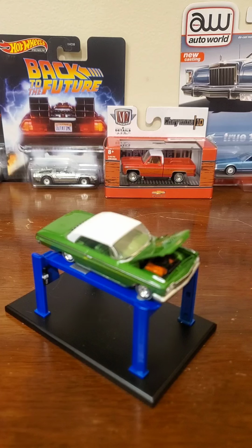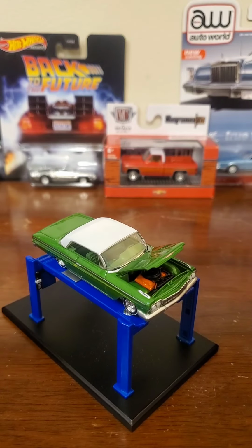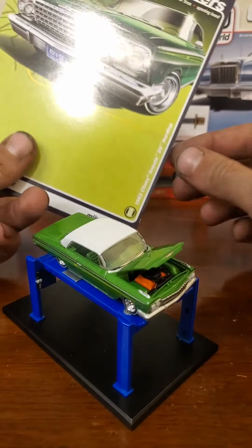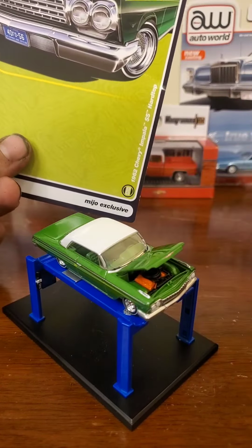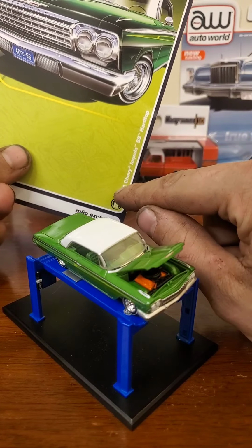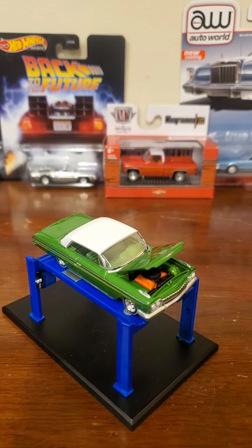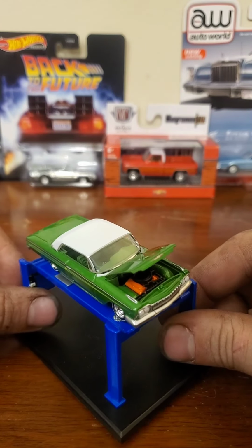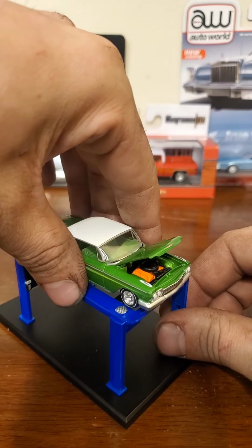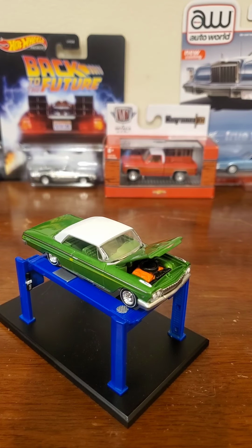Now, the misinformation part. So I said that if I had to guess, this would be a 327, which would be a correct guess, but I failed to notice this is an Impala SS, and because it's a 62, in 63 the 427 was available, but this is a 62. Because this is an SS, this should have the 409, I believe the 409 was a big block, yeah. So that is the 409 in this car, not the 327. So I just wanted to clear that up and make sure we took a look at the card from our last video before we carry on with our